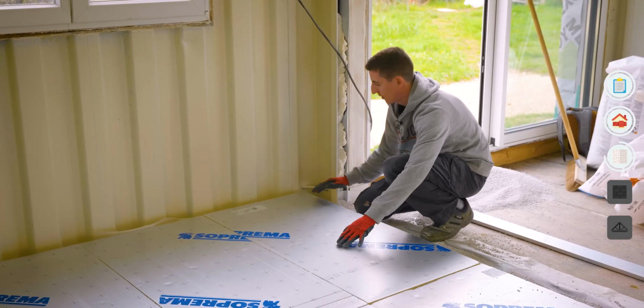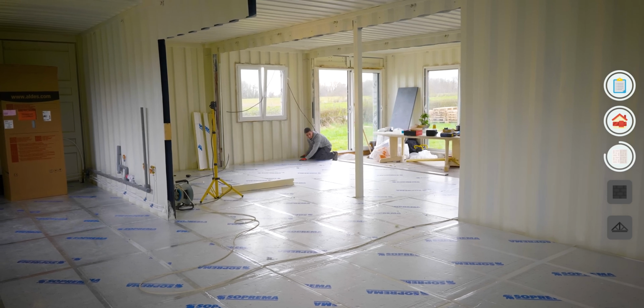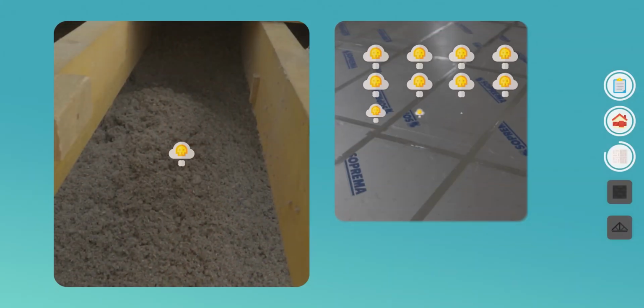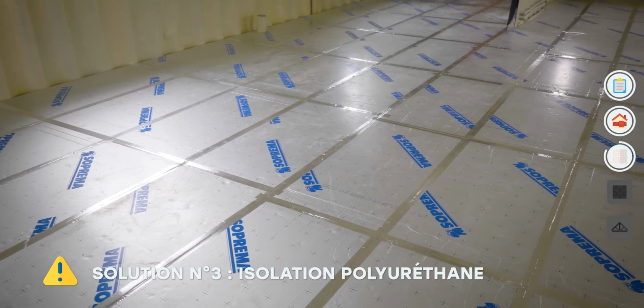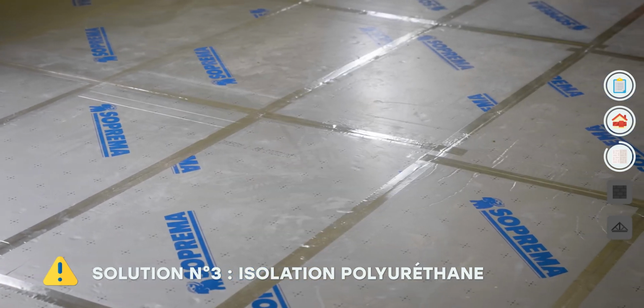It's already self-supporting. As mentioned multiple times, polyurethane is an extremely polluting insulator, the most polluting of all insulators. 40x more than cellulose wadding, for instance. Moreover, it could release chemical compounds into the air in your home. So beyond the ecological aspect, it's not necessarily the best thing for the quality of life in your house in